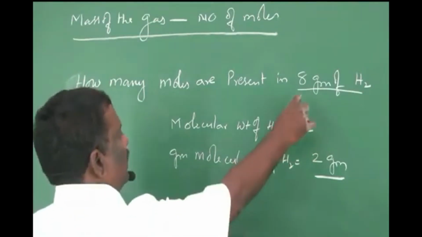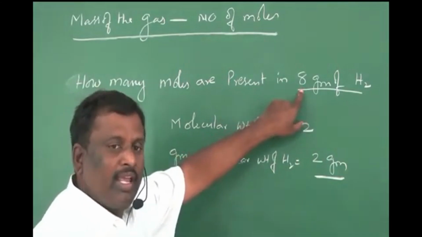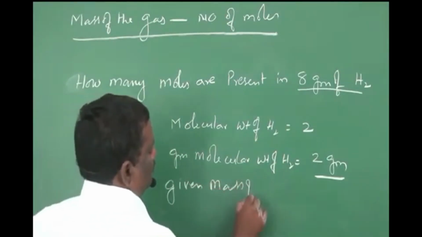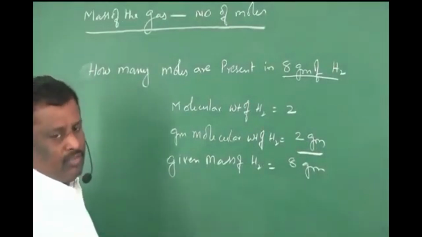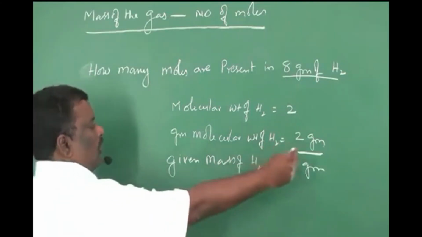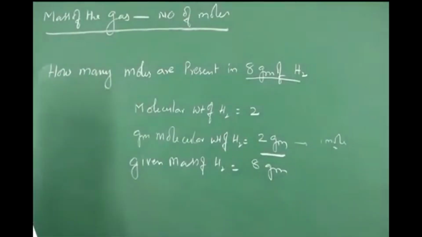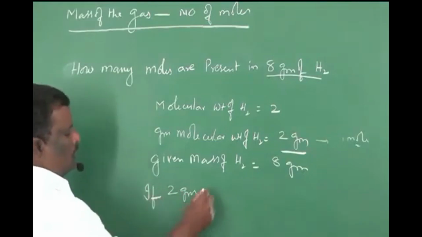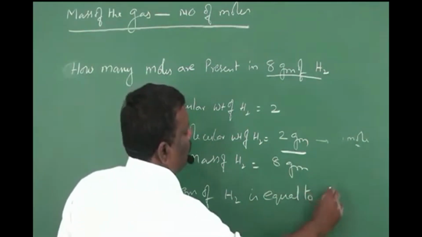Now, here the mass of the hydrogen was given, that is, given mass of hydrogen is 8 grams. Now, how many moles are present in it? We know that 2 grams will be equal to 1 mole. So if 2 grams of H2 is equal to 1 mole,